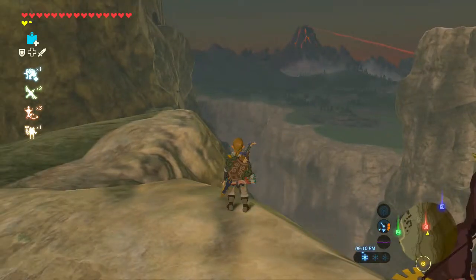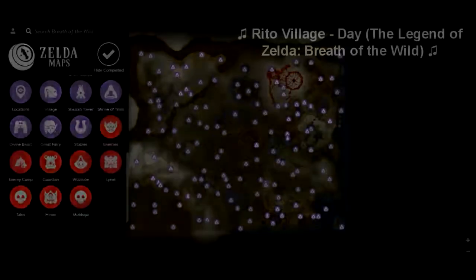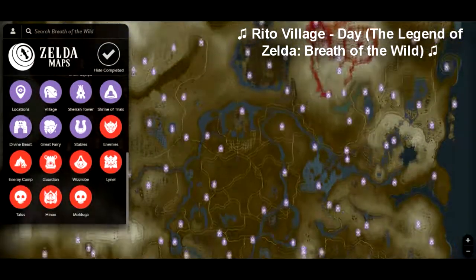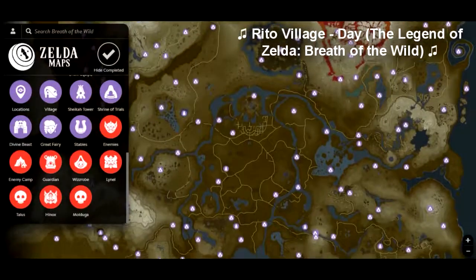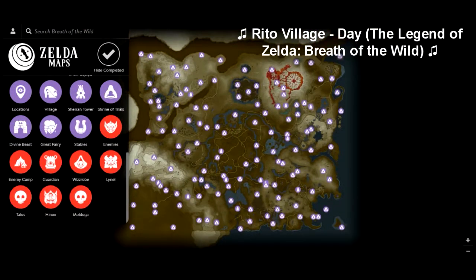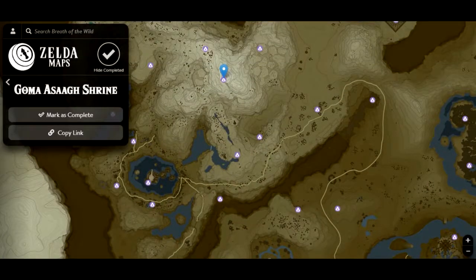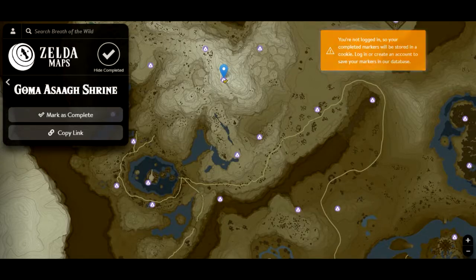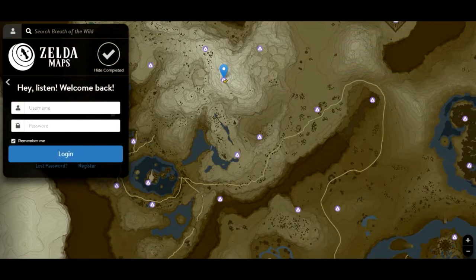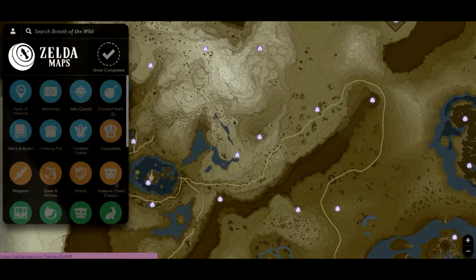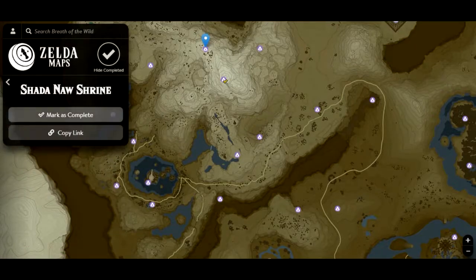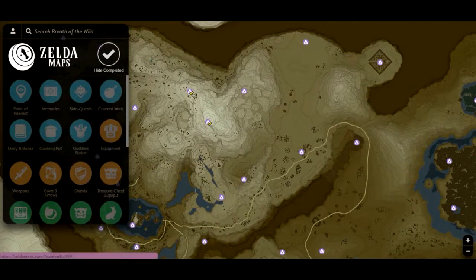So, now that I'm waiting, there are a few things I want to talk about. Specifically, a site called Zelda Maps. If you go to zeldamaps.com, and let me first preface this by saying, if you want to 100% this game, please take my advice and go create an account on zeldamaps.com. Because I found out about this like yesterday, and oh my god, it's so helpful, especially if you're going for 100% with the Koroks and all the shrines. You can create your own account, and you can mark things that you've done as completed, or say that you need to go do them. It's kind of like Google Maps, but it's the Breath of the Wild map, and it shows off everything you needed to show off.